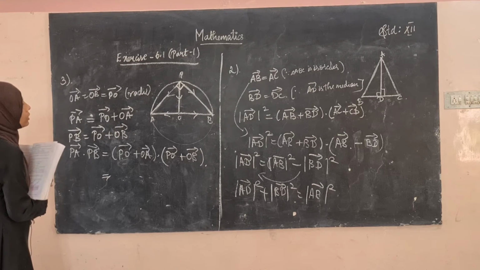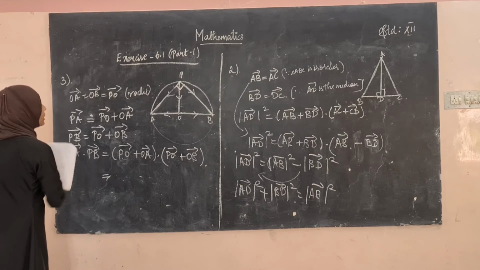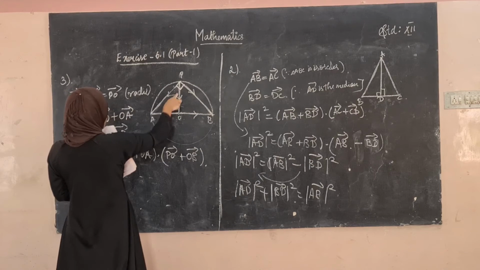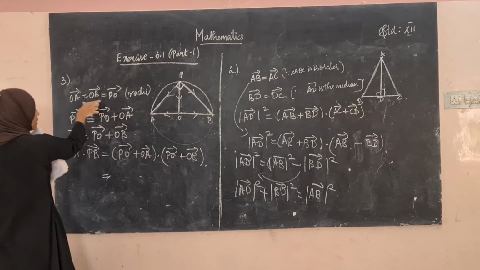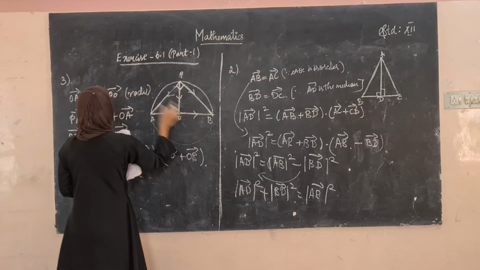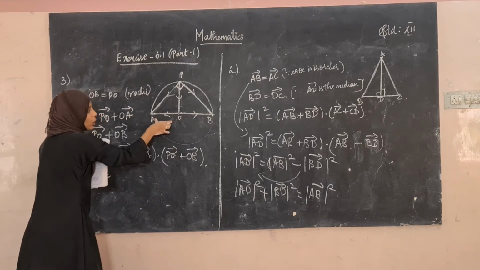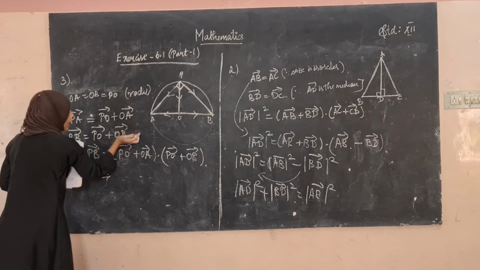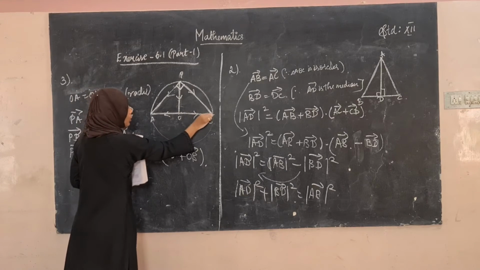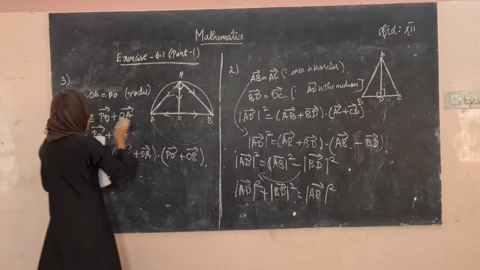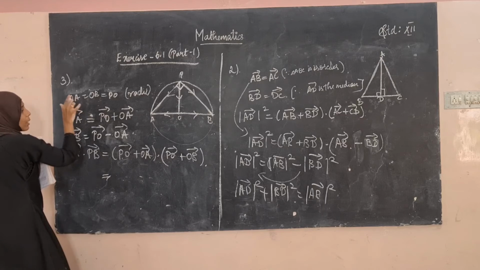Okay, see here, instead of OB vector, you can write it as OA vector. See, in this, PB vector is equal to PA vector plus OB vector. We know that OB is equal to OA. Yes, this is the length, this is not vector. OB is equal to OA. If you want to write here OA, but see the direction is different. This is from O to B, but here it is from O to A. Therefore, we are writing it here as minus. Okay, are you clear? See, this is not vector. I am telling about the length.